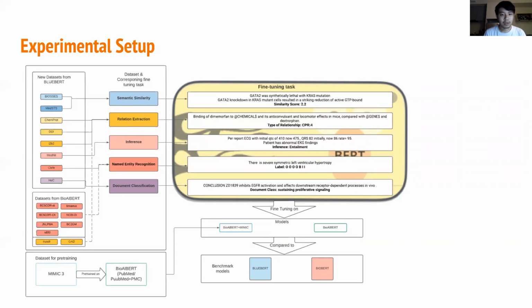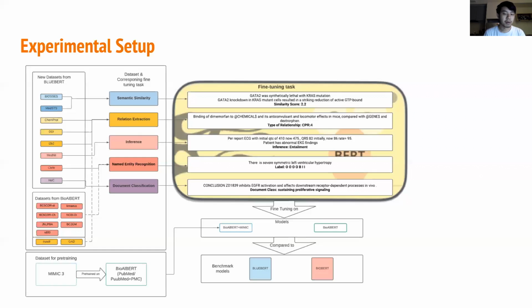The next task we do is named entity recognition. The NER task classifies named entities mentioned in a document into predefined categories. These named entities can be places, organizations, or specific objects. In this project, we define the labels of words in IOB format and measure clinical or biomedical terms from NER datasets. The last fine-tuning task is document classification. By classifying text, we are aiming to assign 1 or more classes to a document.